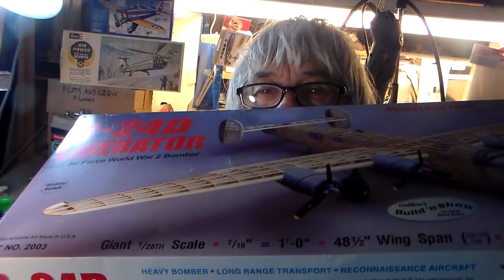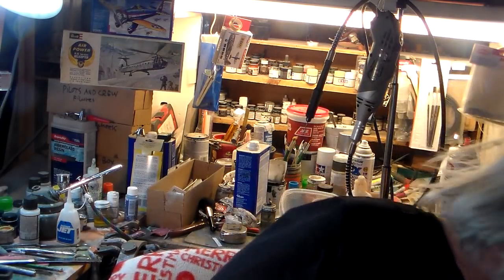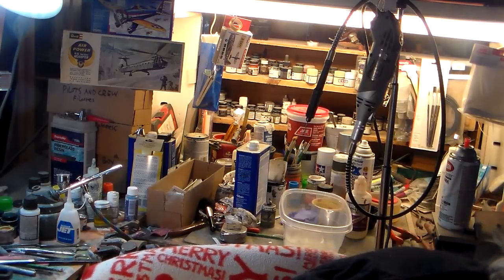Free flight rubber powered boys out there. They had one of these things and made a rubber powered job out of it. Man, that thing flew beautifully. I'm not gonna do that with this though. I got other adventures besides that, but this especially is gonna be a display model. And so I got plenty of time to get on that, so I don't want to get too much fun